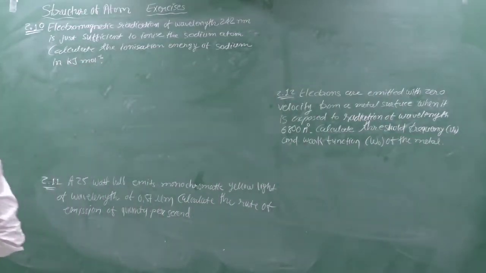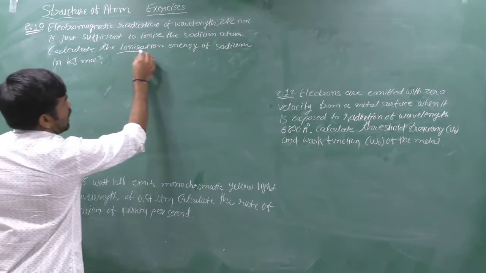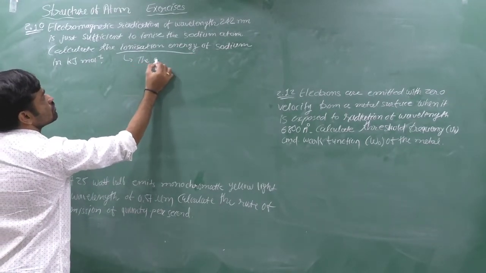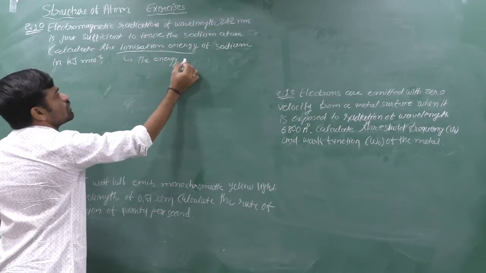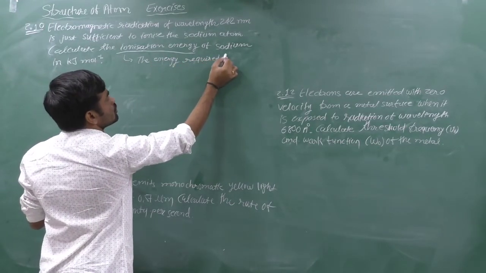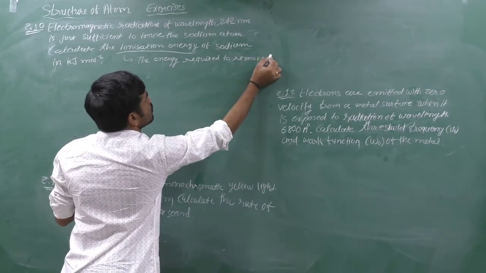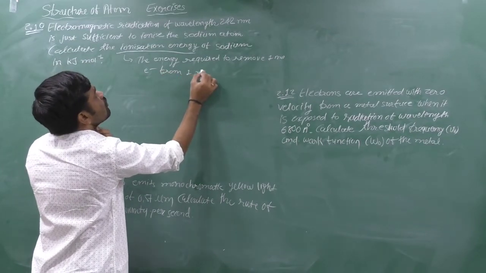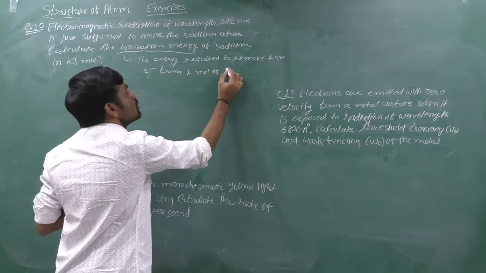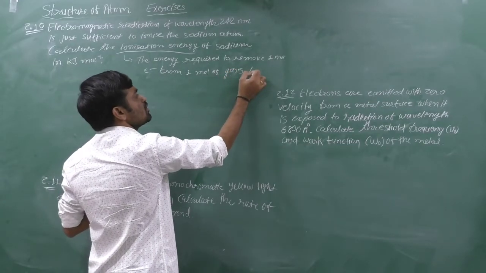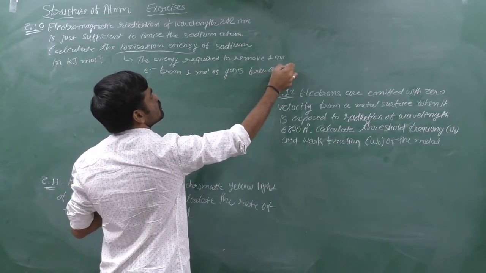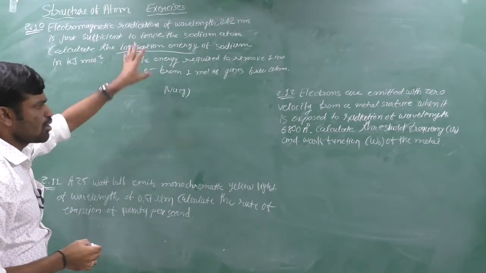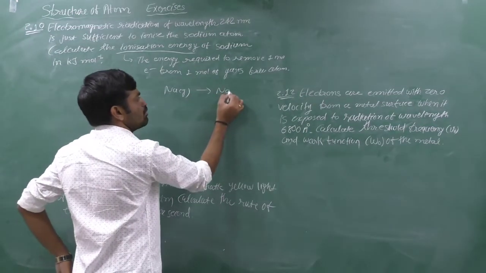First of all, what is the ionization energy, which we can explain here. Ionization energy means the energy required to remove 1 mole electron from 1 mole of gaseous free atom. Means suppose we can have a sodium in gaseous state and 1 mole, free means not combined with anyone. If you can make this,